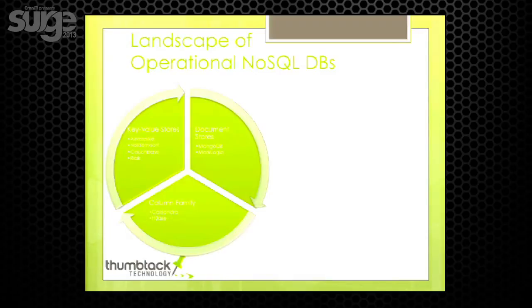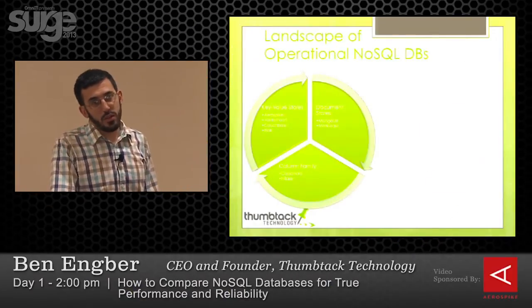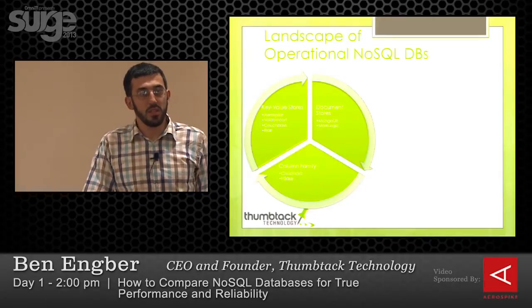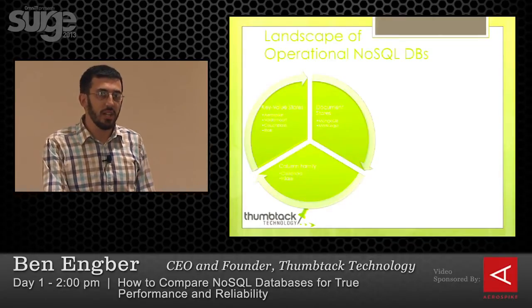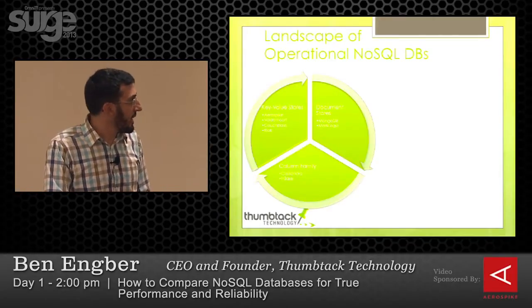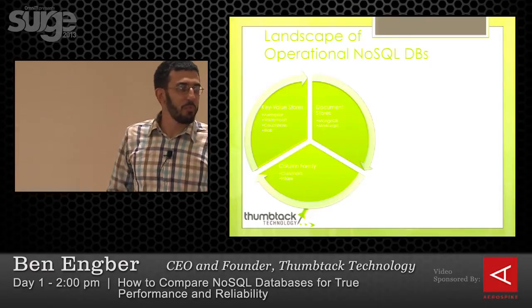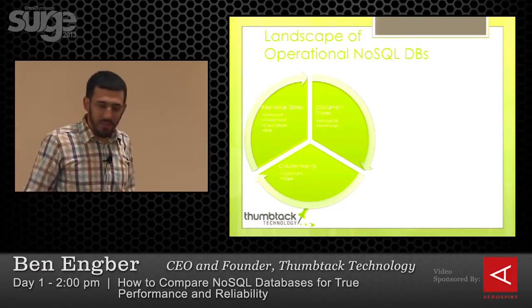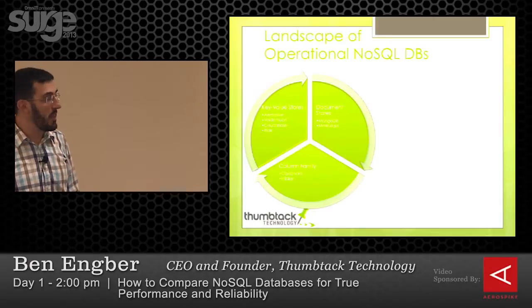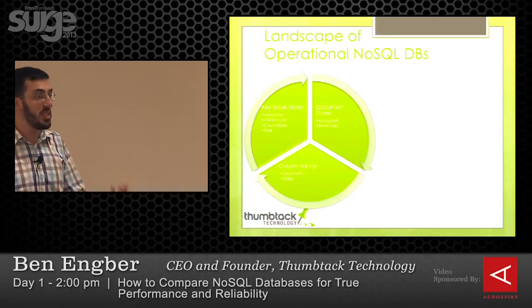So traditionally, when people have talked about the operational NoSQL databases, they've grouped them into three kinds of categories. The key value stores like Aerospike and Couchbase, which were optimized against very, very high transaction loads. Things like, don't worry that it's blurry. It's blurry for a reason. Things like MongoDB for the document database, which takes this and provides rich indexing capabilities on top of this, and allows you to query in interesting ways. And then column families like Cassandra and HBase.